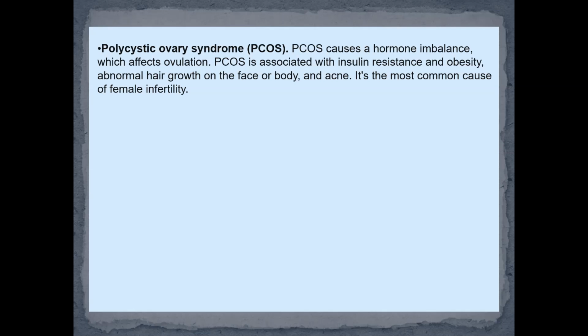It's the most common cause of female infertility. The etiological factor of polycystic ovary syndrome is also unknown, and this is a systemic disorder, and it's a chronic disorder, and unfortunately it cannot be totally treated for the moment. We only have palliative therapeutic or symptomatic treatment options, and the polycystic ovary syndrome is followed by